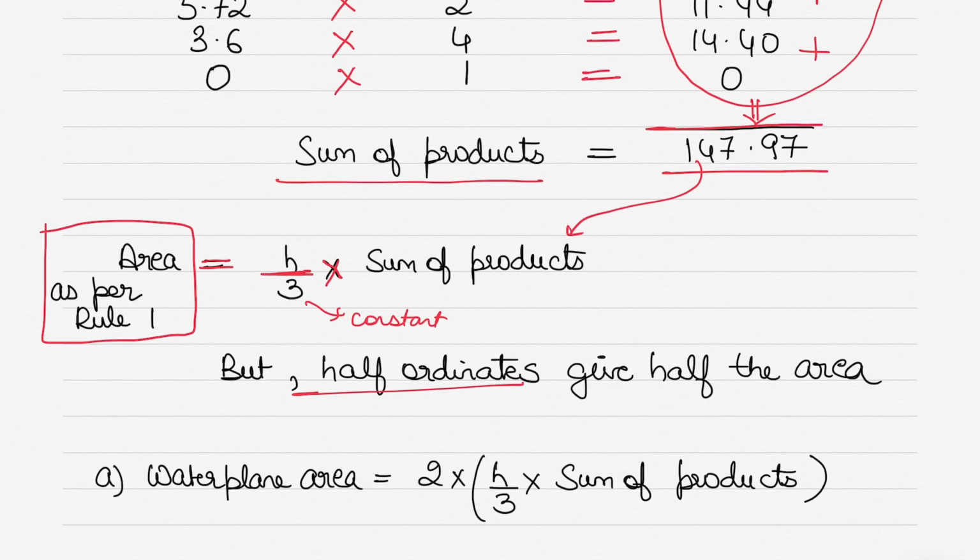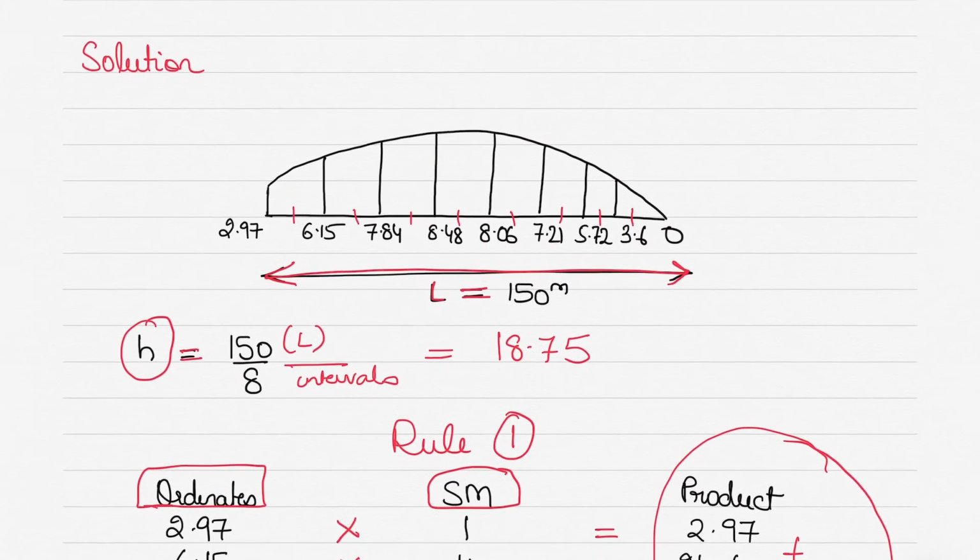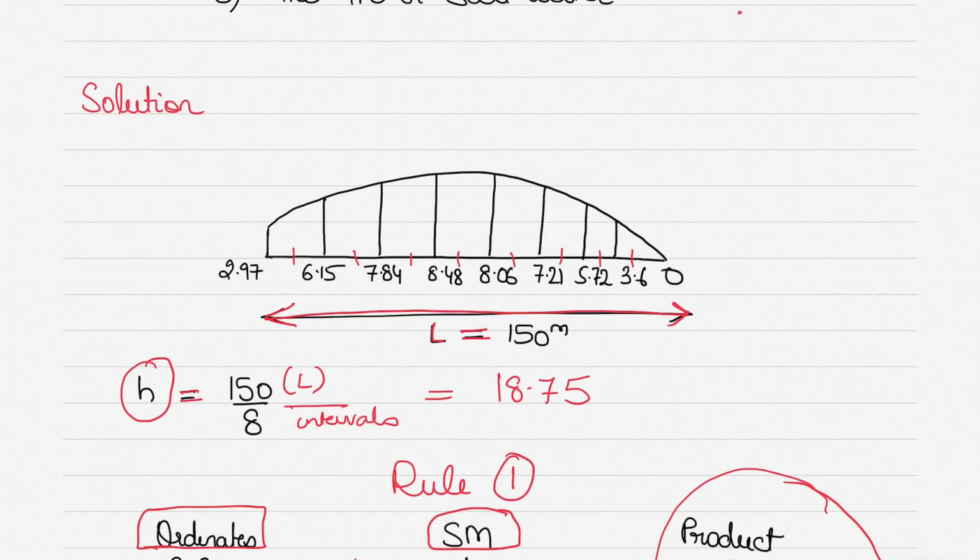But what you have is only half the ordinates. So the area that you will calculate using half the ordinates will only give you half the area. As you can see in the figure above, if this is the ship's water plane, you have only half the ordinates. This is not the entire ship. So there's another half, if I can draw it here, there's another half as well. So these ordinates basically make up half. Each ordinate has another half to it.